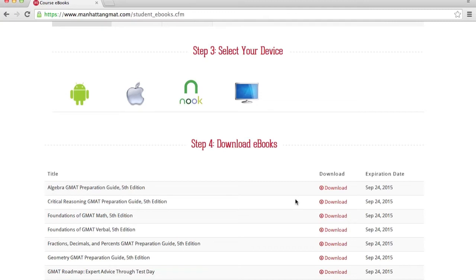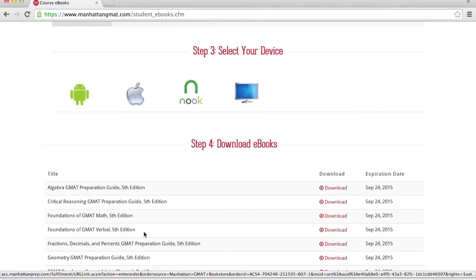Now when I first got into this, I saw that I needed to download Adobe, and I thought, oh gosh, this is going to take a long time. It didn't. I was pleasantly surprised. I had one of the ebooks downloaded in less than 5 minutes. Extremely easy to utilize. So what you would do is you would just click right here on this download option,